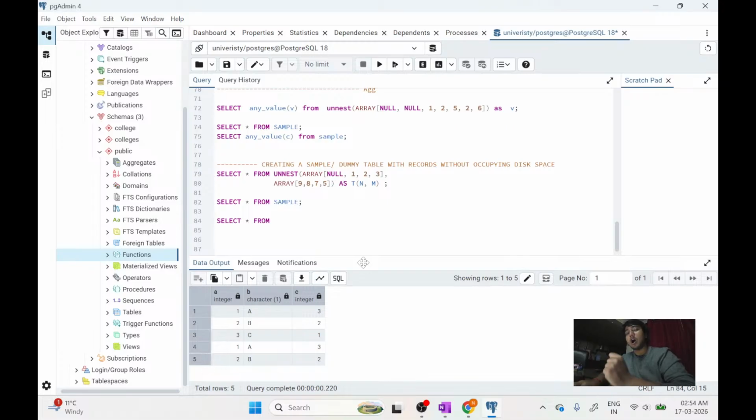So I need to create one virtual table without occupying the space. Select, okay, restrict from. Now I will create a virtual table. So how am I going to create each and every column here? I'm going to put it as an array. Okay, how? 1, 2, 3, 1, 2, then array 2,